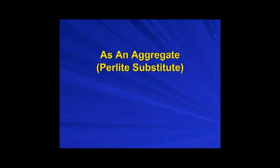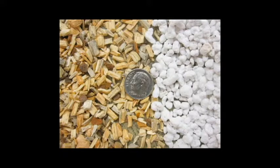So let's take a look. Here are those pine wood chips that were created specifically as an aggregate, okay? And if any of you are interested in how those are made and the processing involved with making those chips, I can discuss that with you at another time. We don't have time today. I just want to talk to you about the end product and how that end product is used as an aggregate. So here you can see a direct comparison of the particle size of the wood chips versus the perlite,